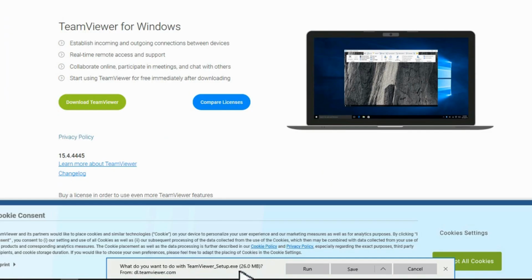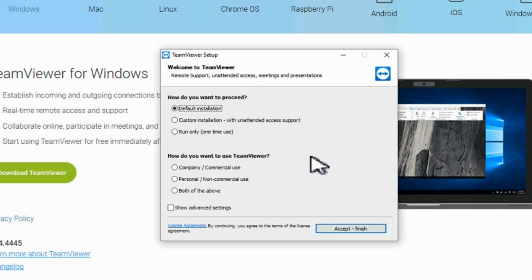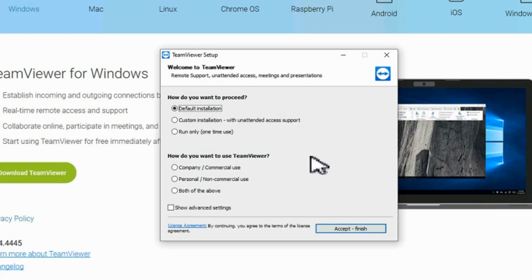Depending on the browser you're using, it'll ask you to save or run. Now this program, you need to know, has the free version for personal use, which is personal to personal, so home to home. If you're using it, or even from your office into your home computer. But if you're using it for business purposes, for example, you're remoting into your office computer from the house, you need to ideally purchase a corporate license. But you're allowed to try this out first and see how it works for you.